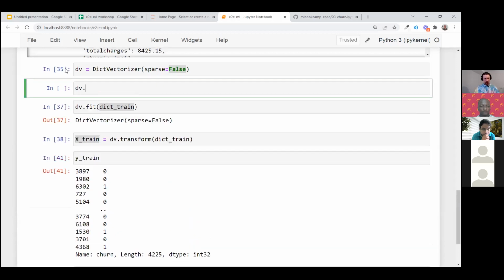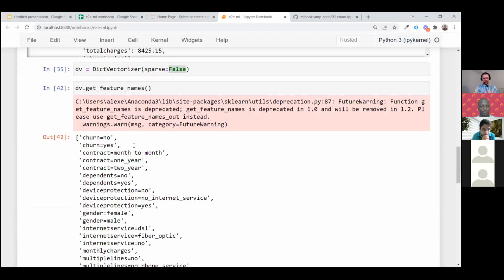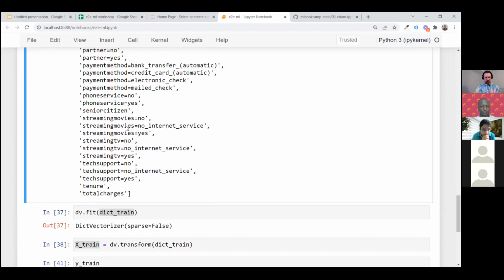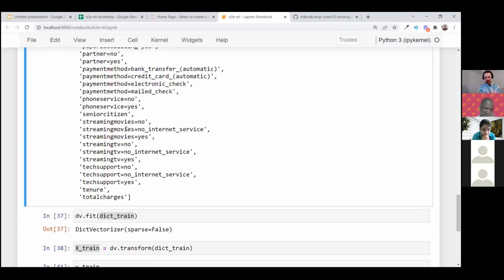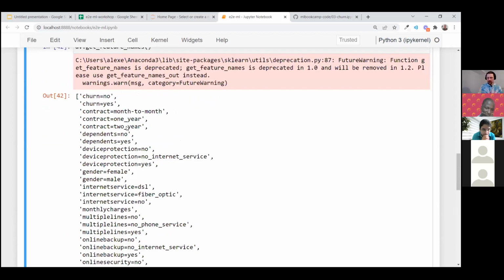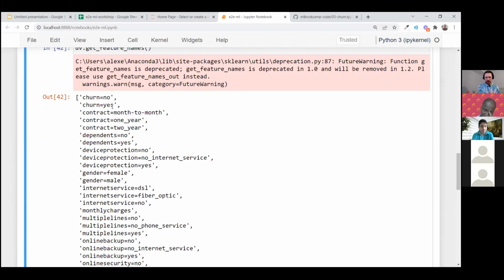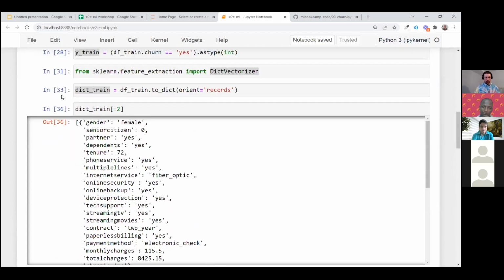Let me check: if I do dictionary vectorizer, get feature names, it will show us what variables it extracted. And we see that the first two are churn=no and churn=yes. So effectively, if I train a model right now, I will use the churn variable to predict churn, which is not exactly what we want to do. The reason is that I forgot to remove churn.